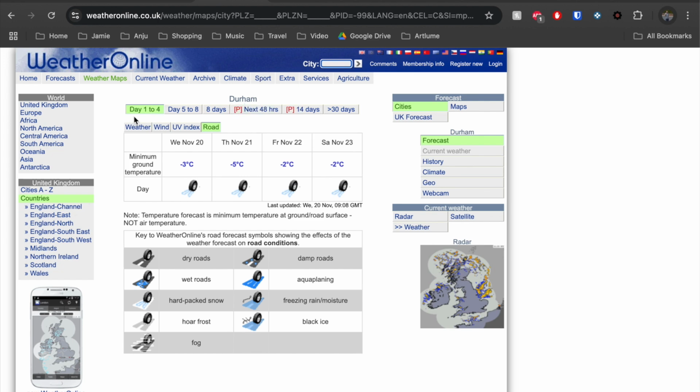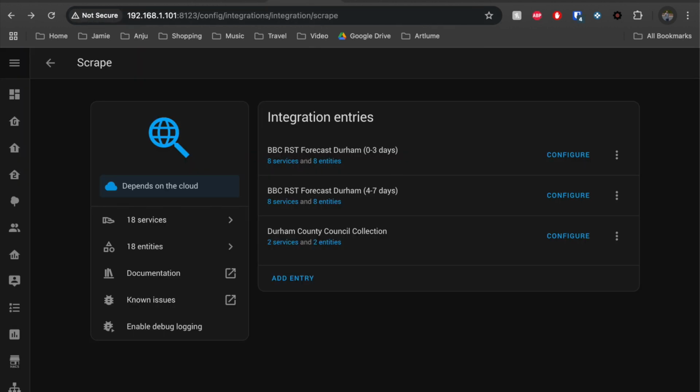For me it's Durham, and then on day 1 to 4 and day 5 to 8 it has a tab called road, and then I use screen scraping to scrape these values here, and then the image that's shown, and then from the name of that image I use this key to determine what the actual forecast is. So the way that this is done primarily is through scrape sensors,